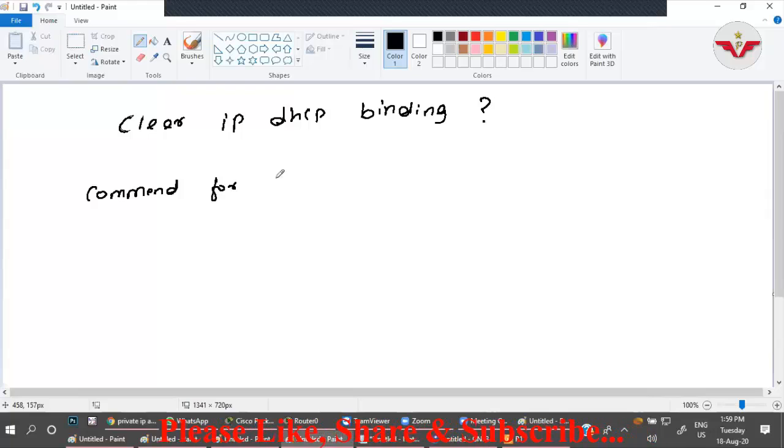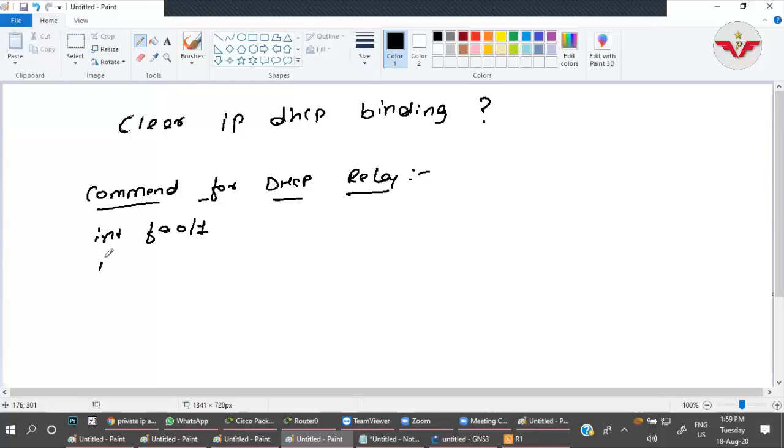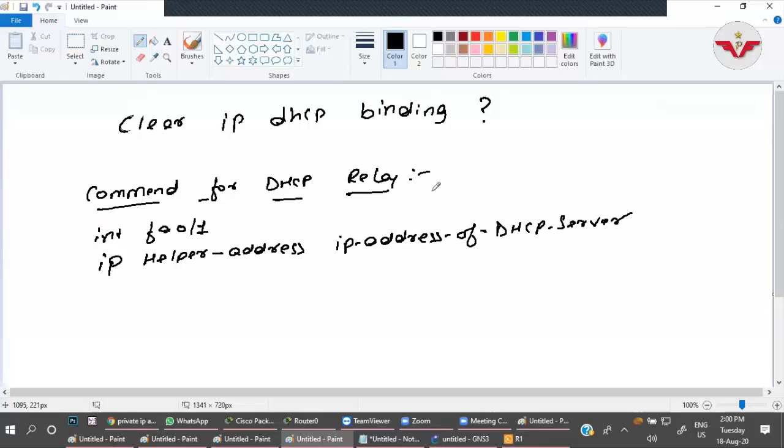Command for DHCP relay: int fa0/1, or whatever the interface name is, go to that, and IP helper-address, and then the IP address of the DHCP server. Okay, that is it.